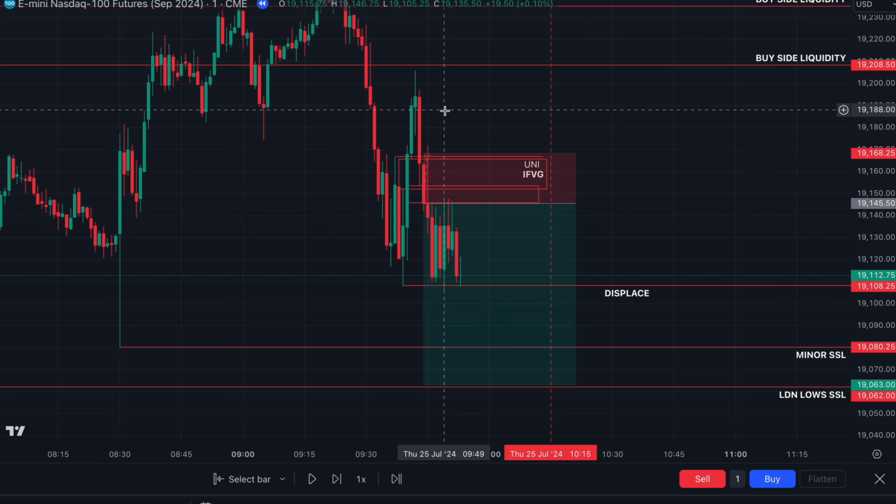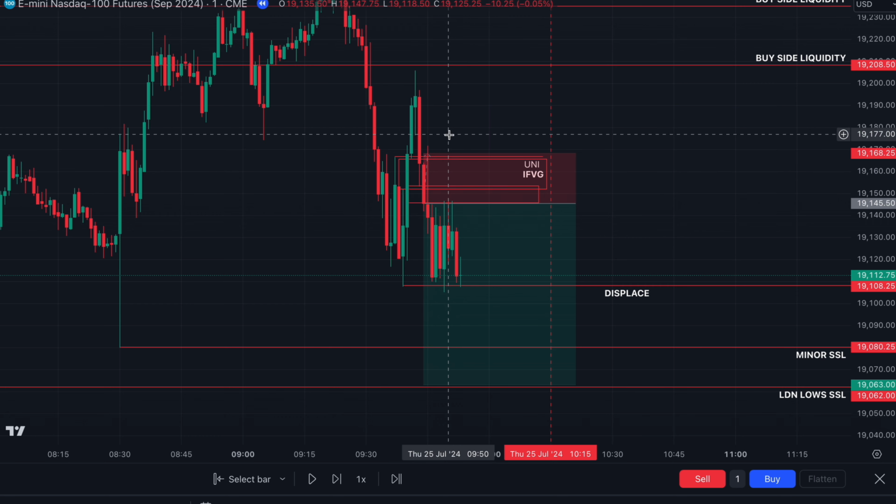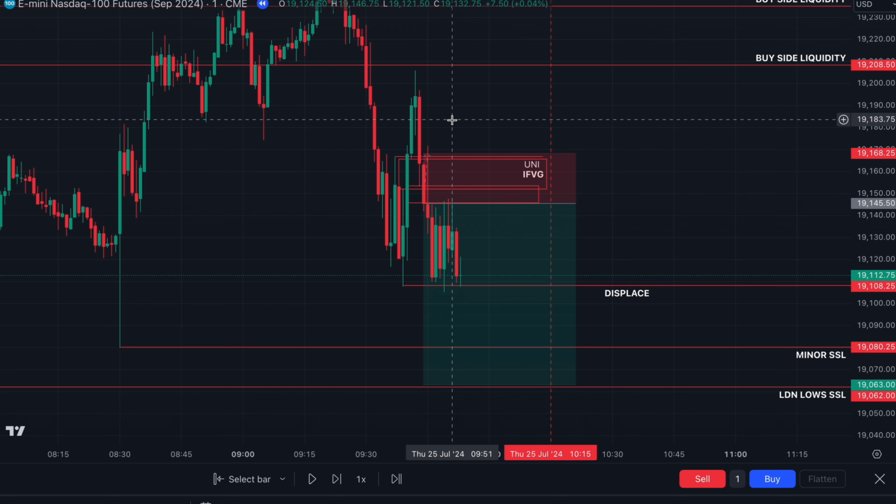And also ICT does talk about the 3 sweeps of liquidity. So look, price came up, wicked back down. Price came up, wicked back down. It's just price gaining and gathering more liquidity. And now, as we go all the way to final TP, notice how many green candles there are on the way down and how algorithmically, since the last point of entry, price reprices lower all the way to London lows and past London lows.